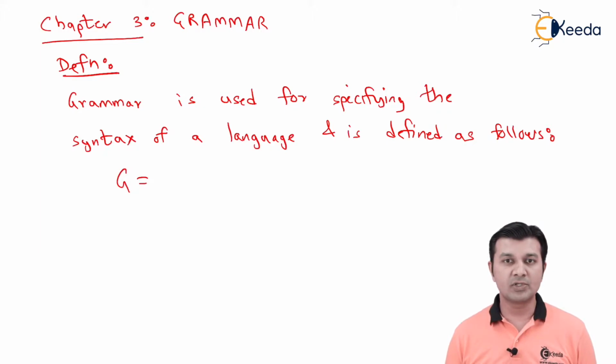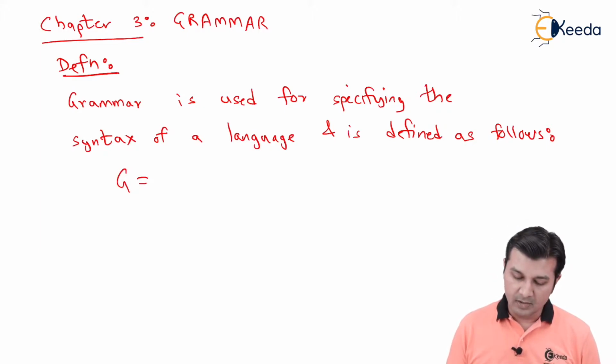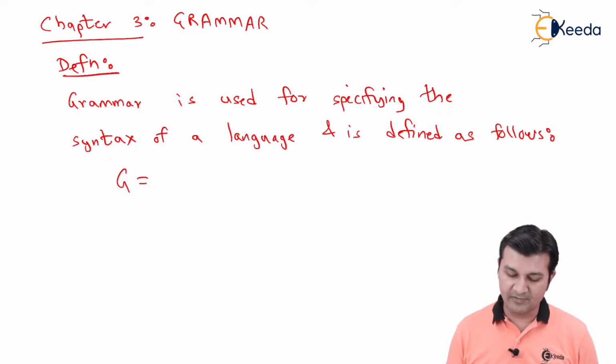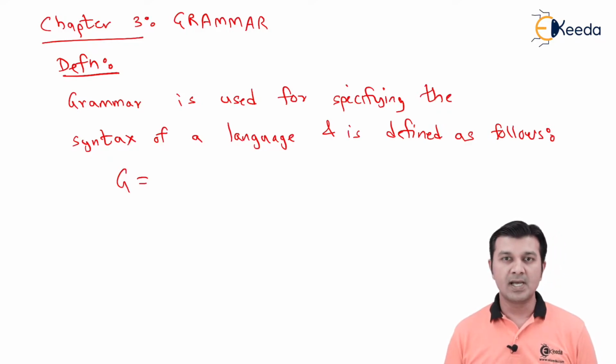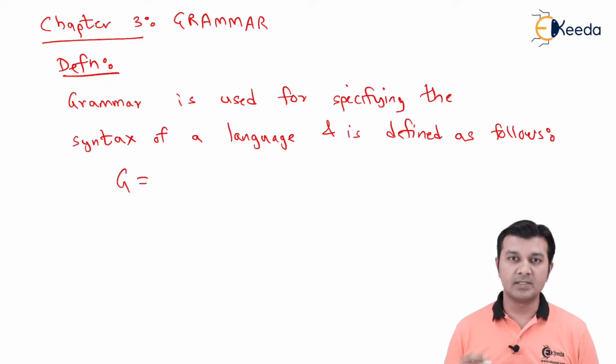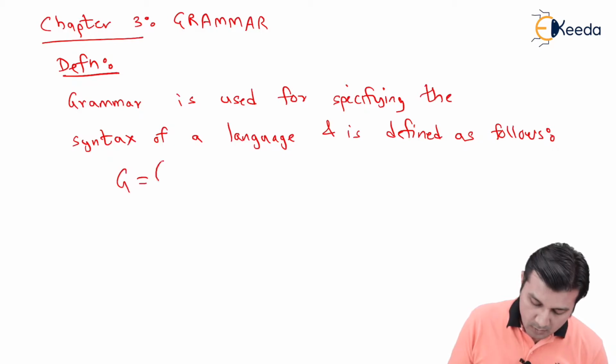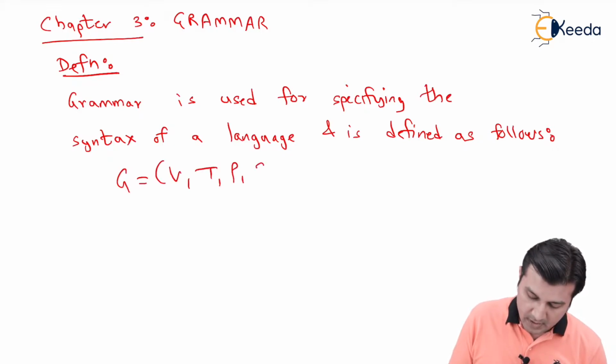So coming to the definition, a grammar is used for specifying the syntax of the language. And that syntax is represented using the notation G is equal to (V, T, P, S), where